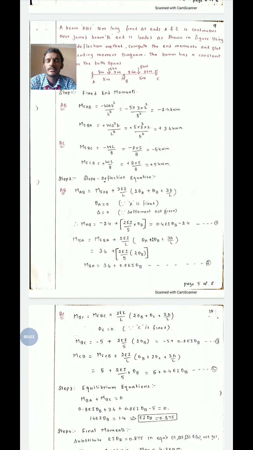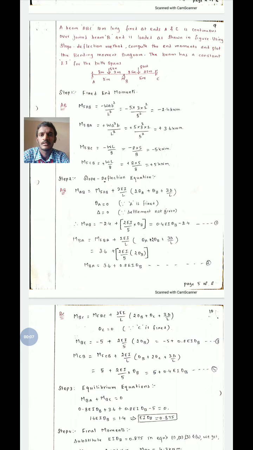In this video, we will discuss the analysis of a continuous beam using the slope deflection method. Now we will see the problem. A beam ABC, 10 meter long, fixed at A and C, is continuous over joint B and is loaded as shown in the figure. Using the slope deflection method,